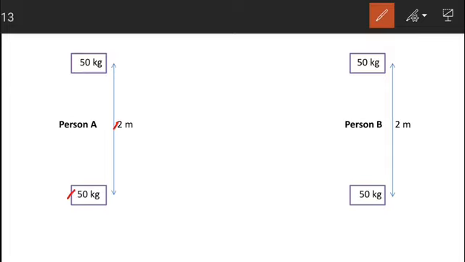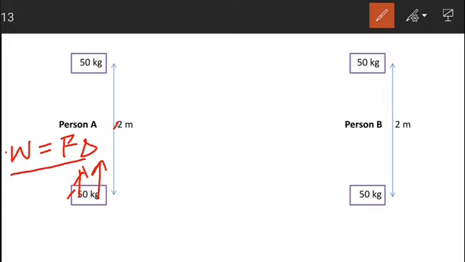Now students, you know the formula for work done is given as W equal to F, force, into displacement S. This formula is applicable only when both the force and displacement have the same direction. Now in order to raise this block in upward direction, the force must be applied in upward direction and the displacement is also in upward direction. So here in this situation force and displacement both have the same direction, so we can apply this formula.